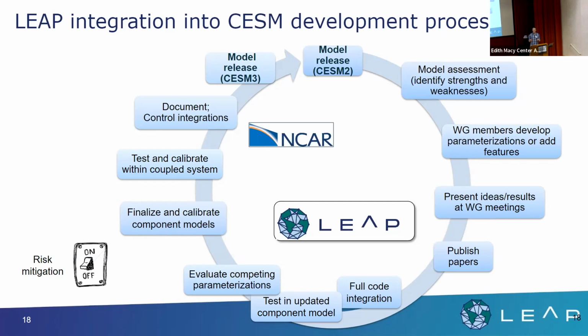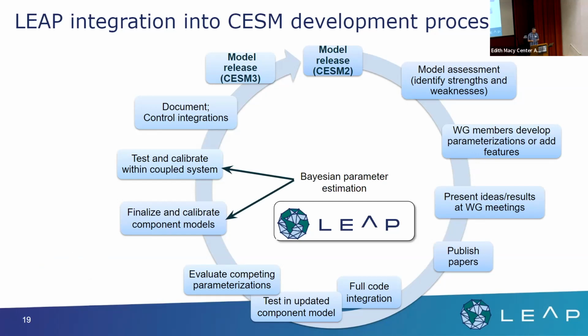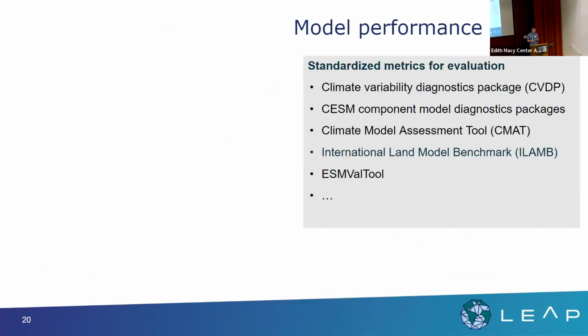This is really where NCAR is going to need to take the lead on this activity, because it does require having a large number of experts in the room to discuss all the challenges. Okay, and that's why I mentioned the Bayesian parameter. Okay, so what do we have now? We're going to try to get towards this discussion this afternoon about what we can possibly do to establish whether or not the LEAP activities are making an improvement.